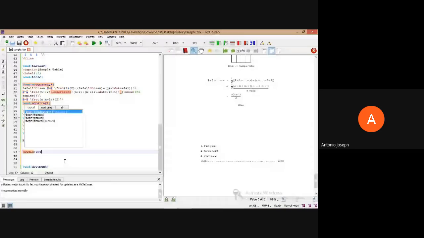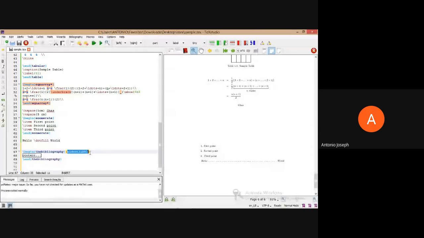And we can provide the widest label also so that it will get an idea. Okay, suppose we are providing some 10 references, we can provide the value as 10. Or if it is not, then maybe it will be around some 60 or 70 references, so that we can provide the value as 100. Or if it's going beyond 100, we can provide a higher value. Some 200 or something like that can be provided. Okay, so that it will have an idea how many numbers will be there.